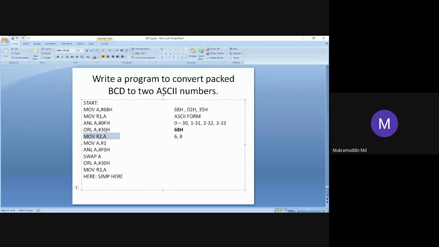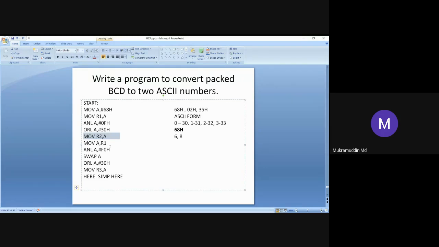That 38 is saved into the R2 register, which means the ASCII number of the second digit, 8, is stored in R2. Why? Because the value of A will keep changing, so after getting the result we store it in some register. So we are storing the result in the R2 register.